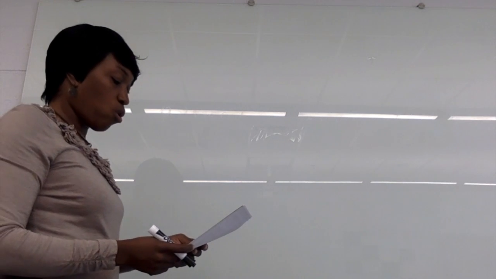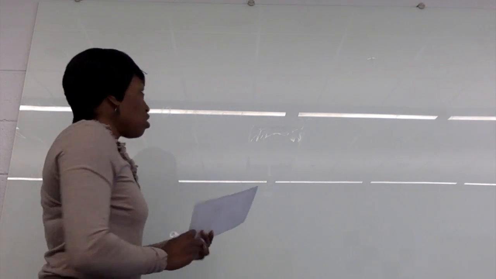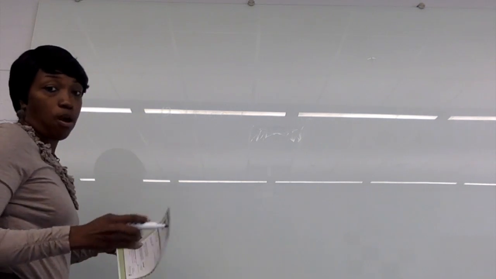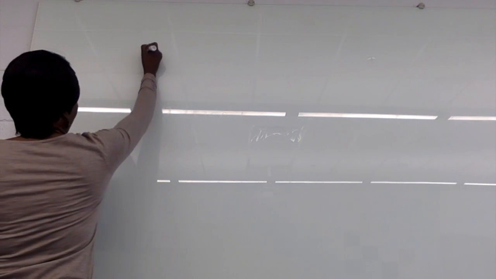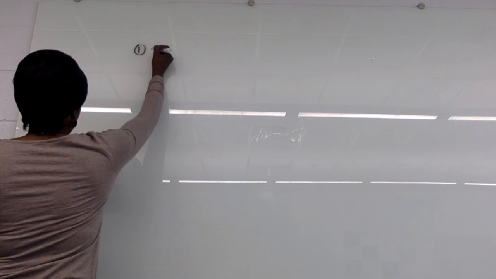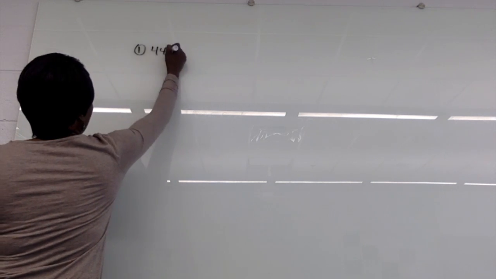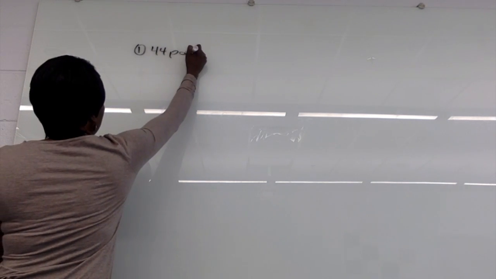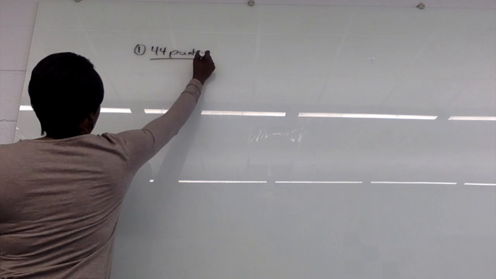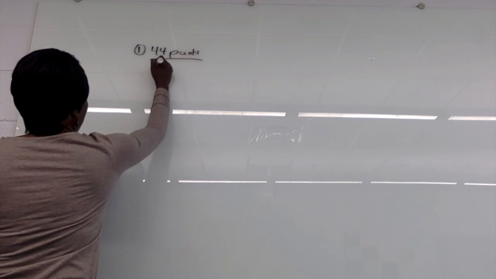So let's look at number one, 44 points and 4 quarters. We're supposed to write each rate as a unit rate. So the first thing we want to do with this problem is write the rate. So we have 44 points, and that should be in your numerator. And we have 4 quarters